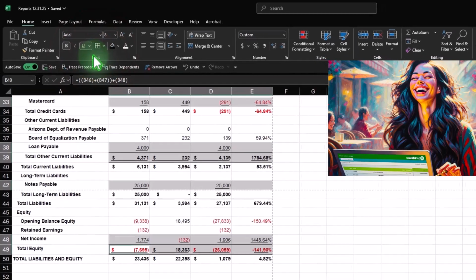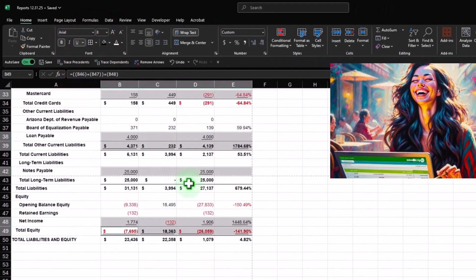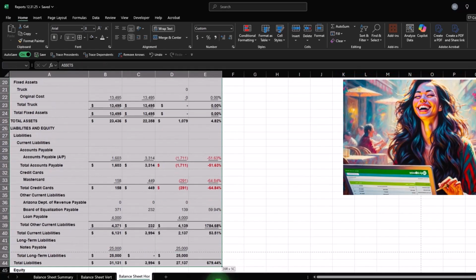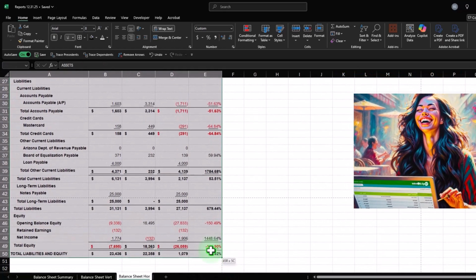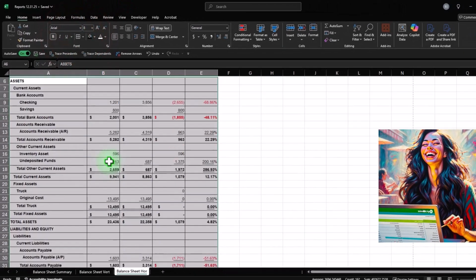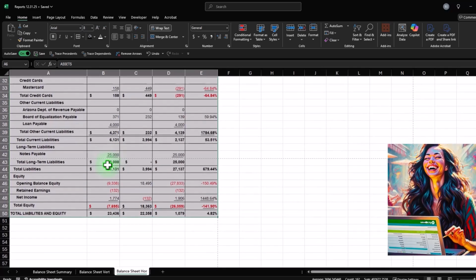It's more faster. And then I put an underline there. And then I can select the whole thing, and now I can put brackets around it. And then go Home tab, font group, brackets around the whole thing to make it look